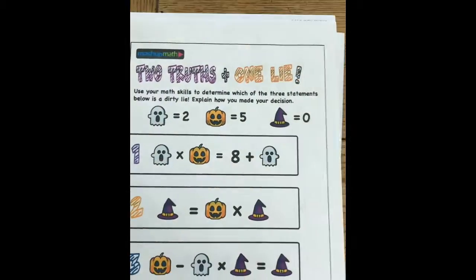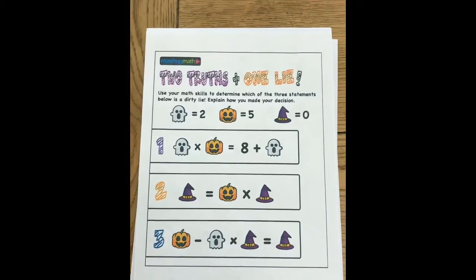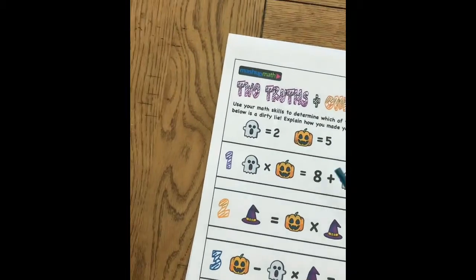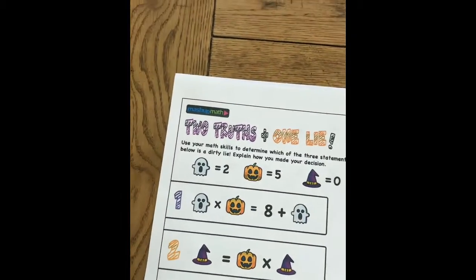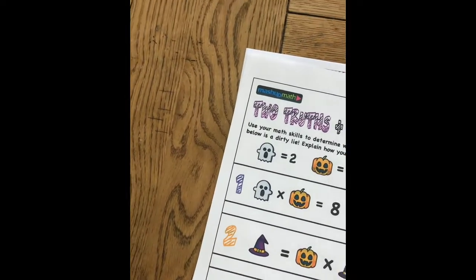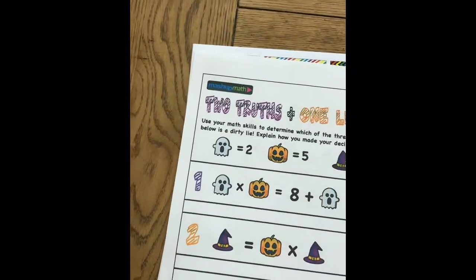Since we just had Halloween, we're going to be doing a Halloween algebra sheet. 2 truths and 1 lie. So we have 3 equations here. Equation just means that we have an operation, an equal sign, and either a number or another operation. 1, 2, and 3. One of these is not true, and 2 of these are true. So for the first one,